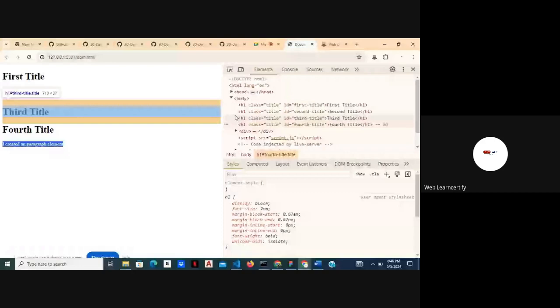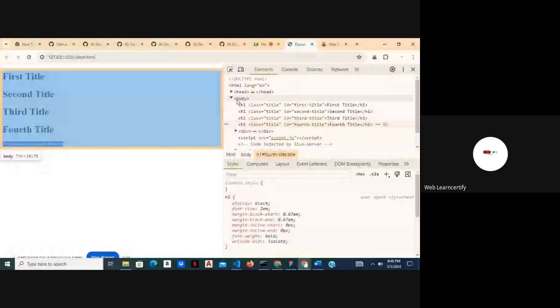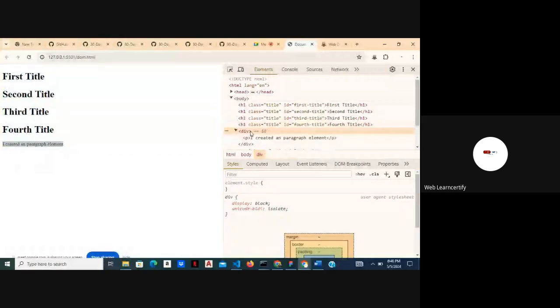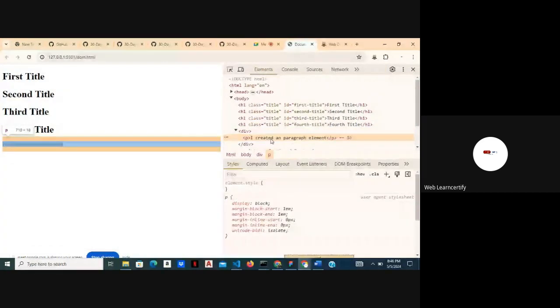So going back to our browser, you can still see that the paragraph is here, but now it is not directly inside the body. It is not a child of body, but instead it's now a child of this div that we've created. Right? So we've created a paragraph, we've given it a text content, and now we've appended it into this div